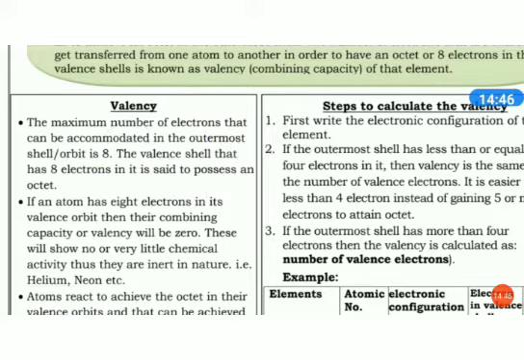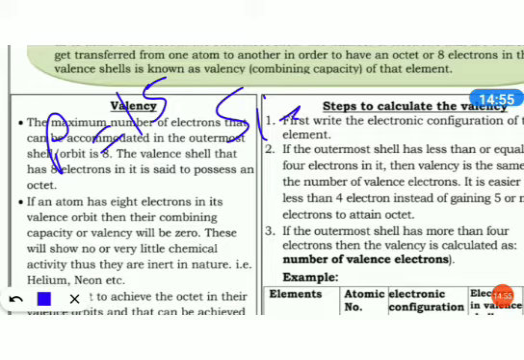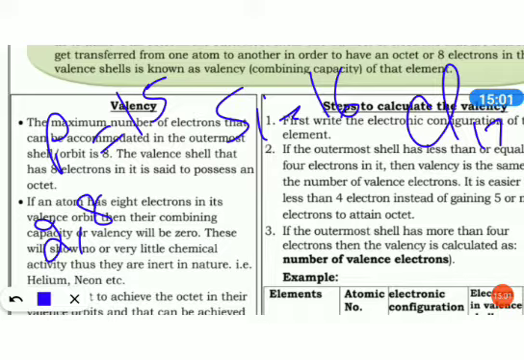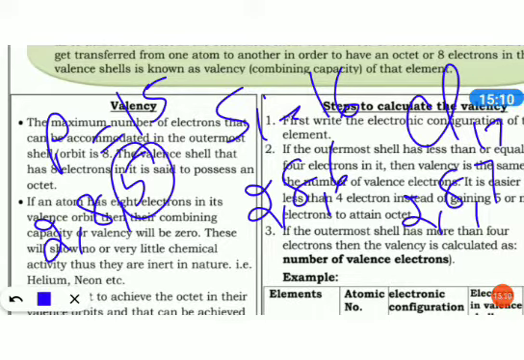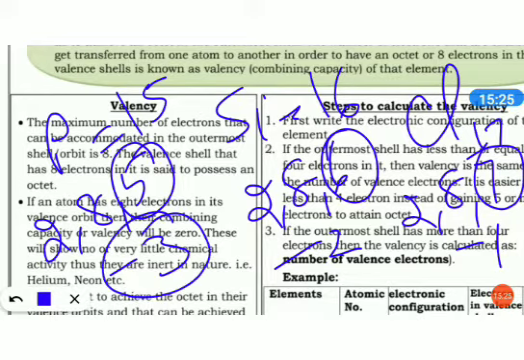Now next, suppose we have elements phosphorus, atomic number 15, sulfur, atomic number 16 and chlorine, atomic number 17. Configurations are 2,8,5, 2,8,6 and 2,8,7. So that means it has 5, 6 and 7 electrons in its outermost shell. So it will gain 3 electrons, 2 electrons and 1 electron. So valency will be -3, -2 and -1.